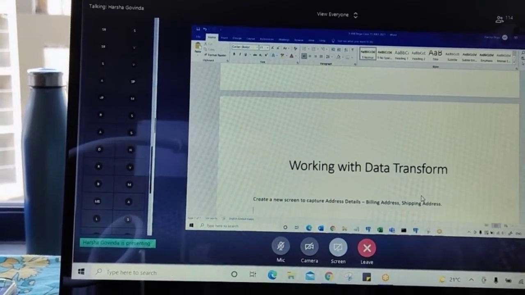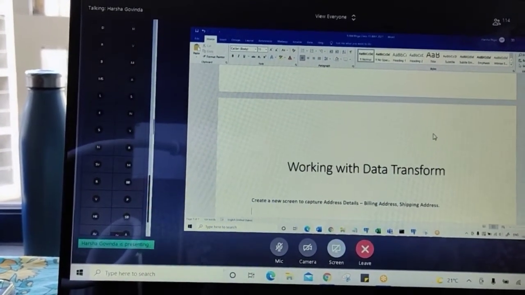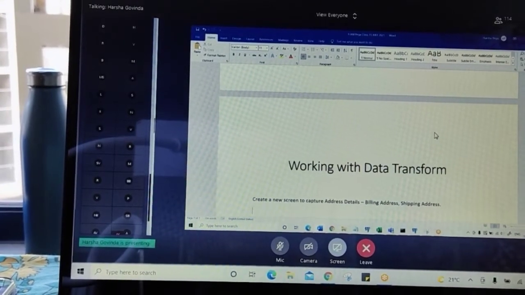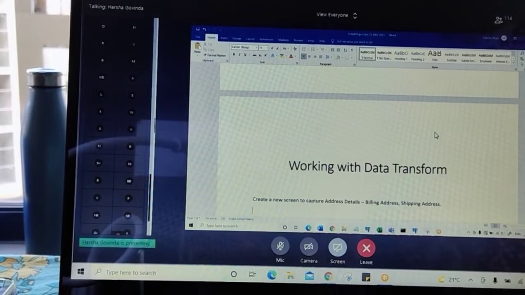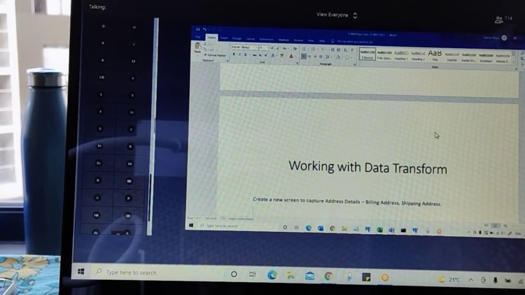Furthermore, okay, write down: when user enters billing address and selects the checkbox, copy billing address into shipping address, and make the shipping address read only.